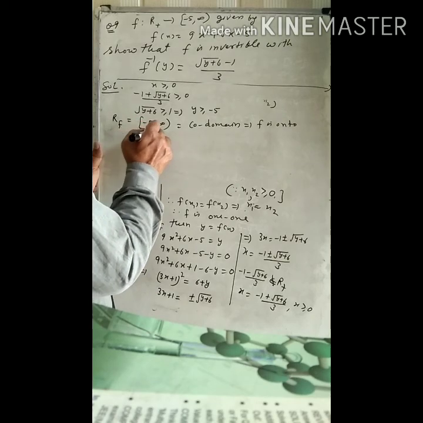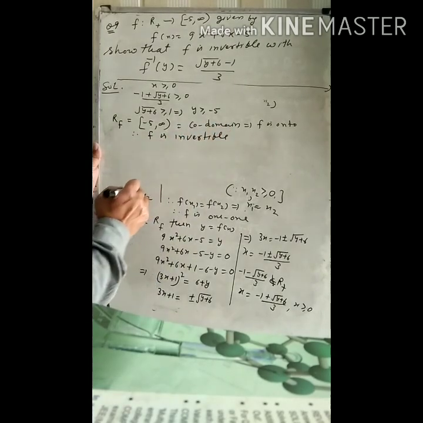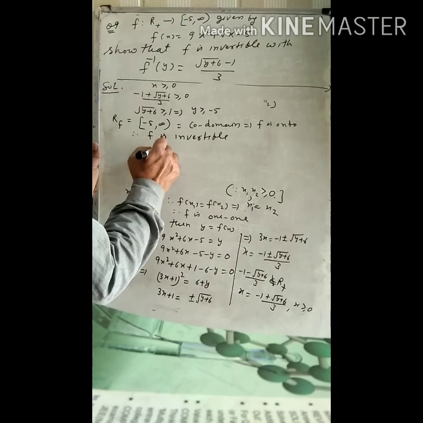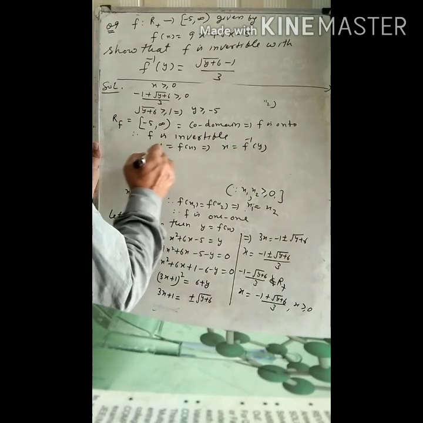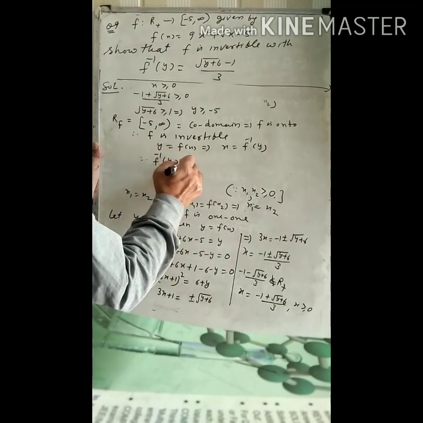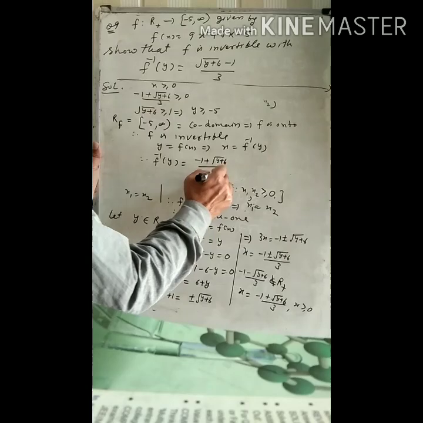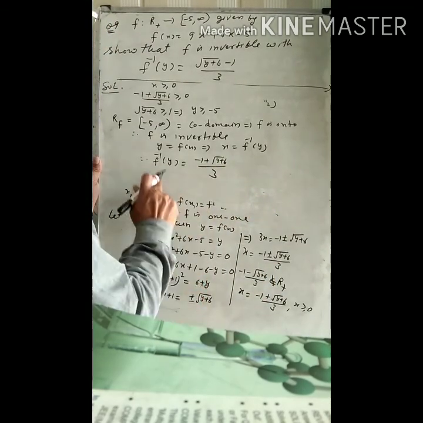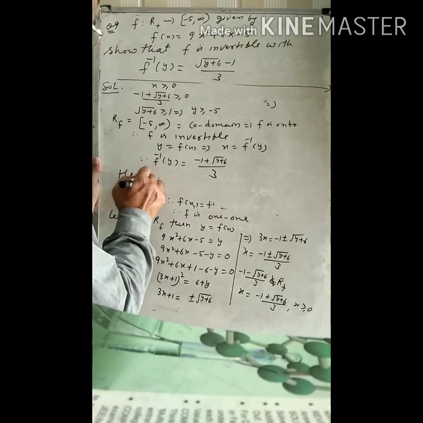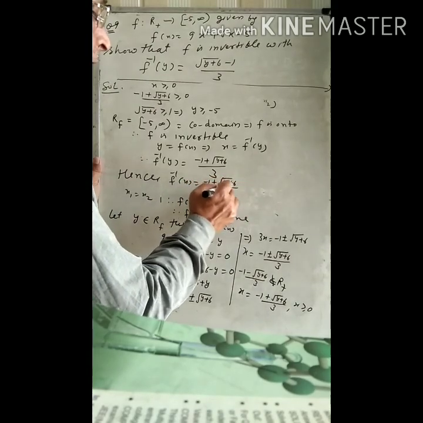तो देयरफॉर f इज इनवर्टिबल। टू फाइंड इनवर्स, y is equal to f(x), this implies x is equal to f inverse y, so therefore f inverse y is equal to (-1 plus root of y plus 6)/3। तो hence f inverse x is equal to (-1 प्लस root of x प्लस 6)/3।